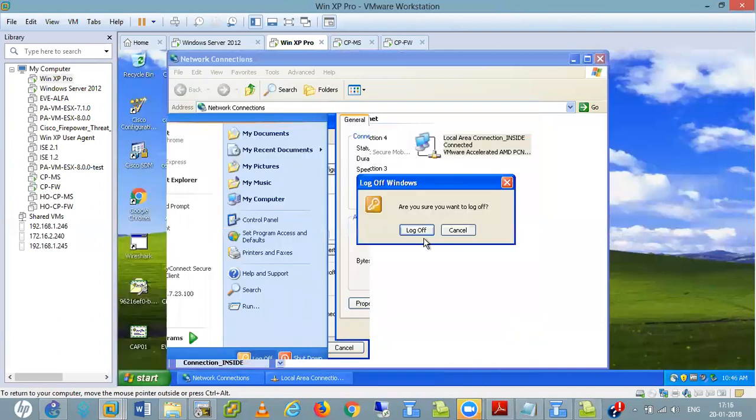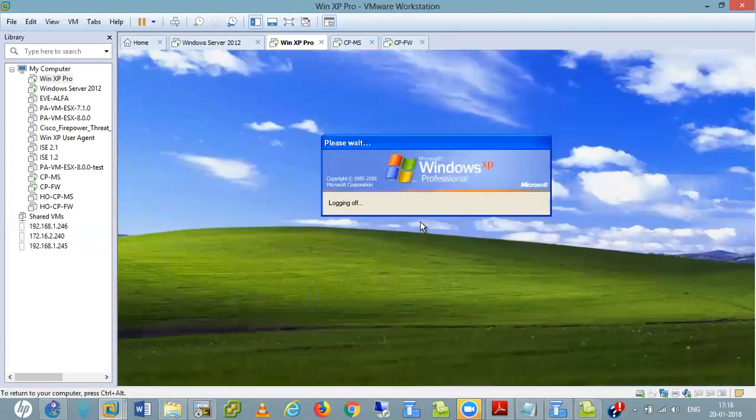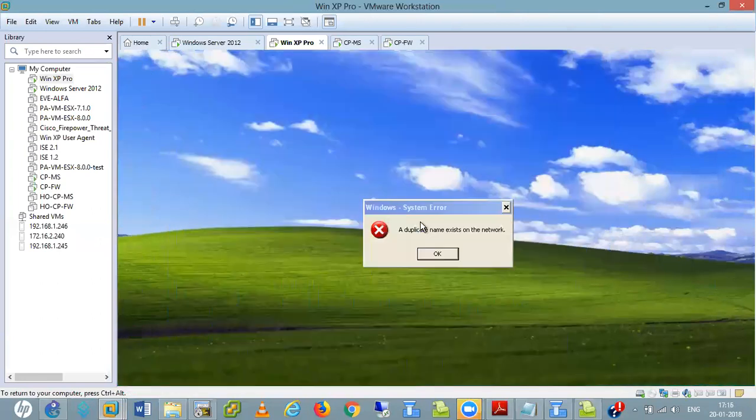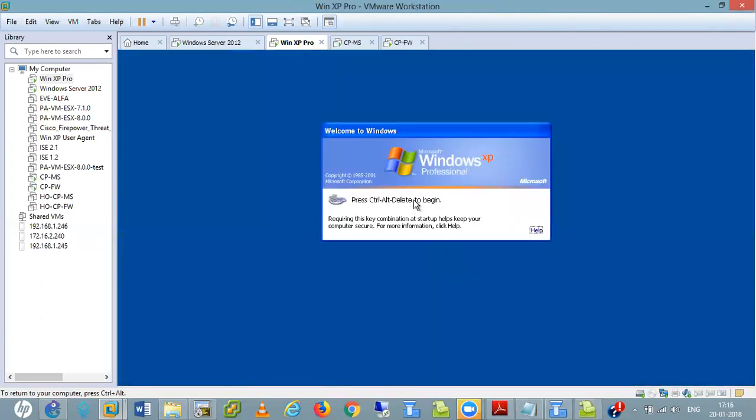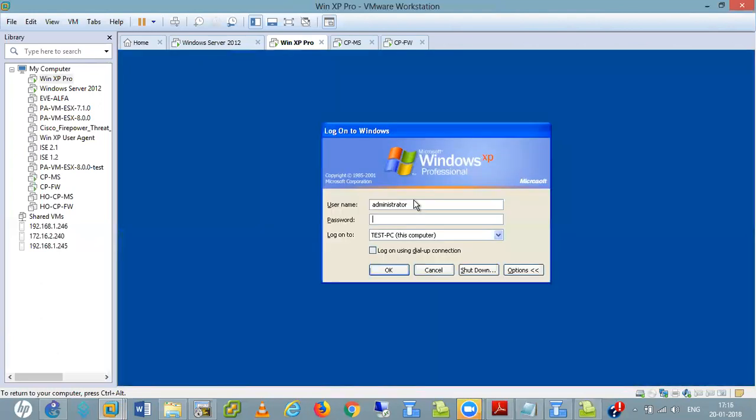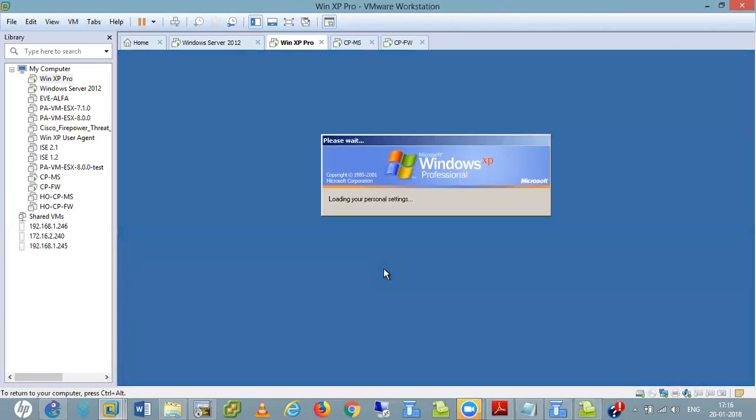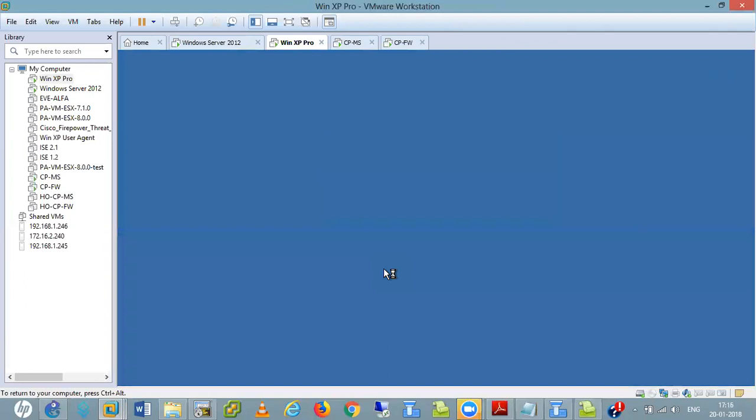And if I log off, and if I now log in with my domain as admin 2, now I don't need to put anything.